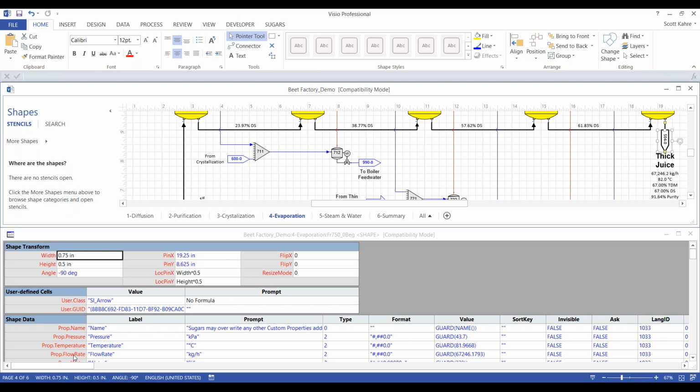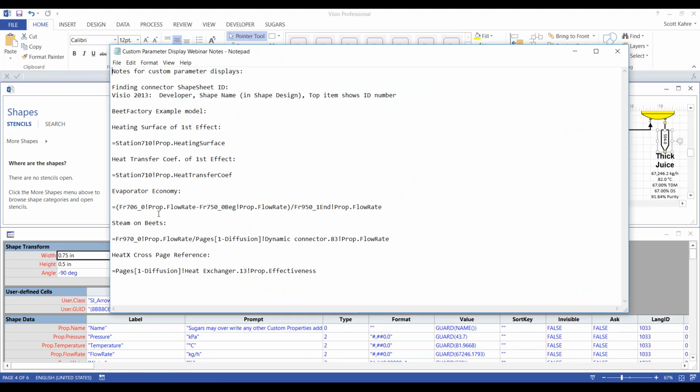All right, and the property that we're going to be looking for is simply the flow rate in kilograms per hour. So prop.flow rate. Okay, and I've got it on my other screen here. I'll show you just for a second. I have notes. I did these notes earlier, but if I'm working on a model and doing a calculation like this, I'll start typing the formula in some notes using the flow stream identifiers and the properties that I need so that I don't forget them. Okay, so in this case, we're subtracting this thick juice out from 750_0 beginning prop.flow rate. So I'd type that there